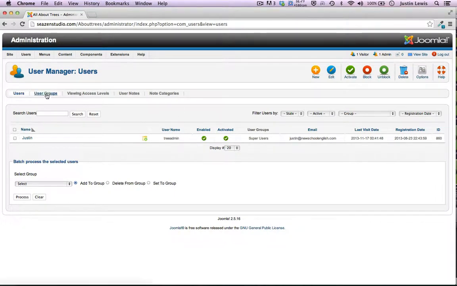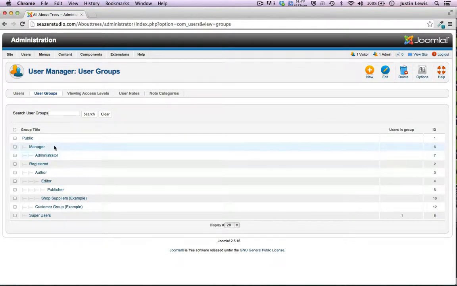Let's go ahead and look at user groups here. So these are the different default groups, and each one of these groups has a specific set of permissions with them. Now, everything is customizable. But for now, I wouldn't actually change any of the permissions because they're set up this way for a reason. Public is a user that is somebody on the front end of the website just visiting the site as a viewer. Whenever you go to a website and you're not logged in, you are part of the public audience